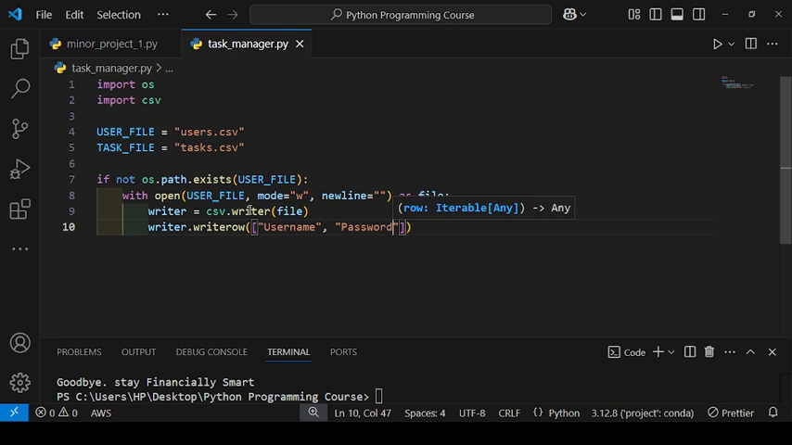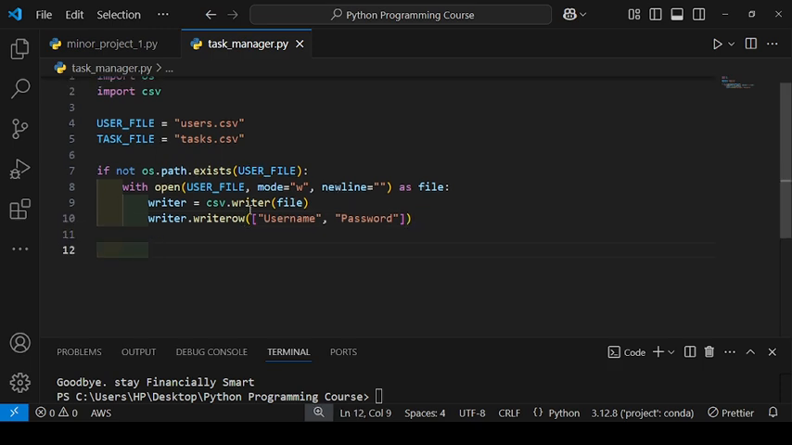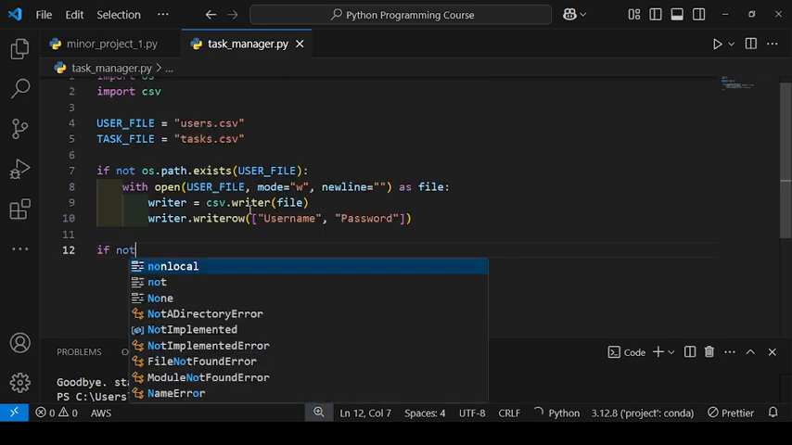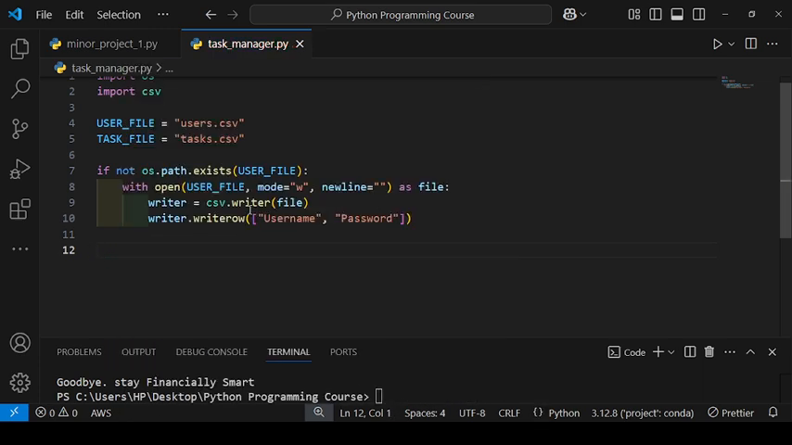So if the file does not exist, it will create a new file with the field names username and password. If the file already exists with those field names, that's okay, we will proceed with that file. Similarly, we will do it for the task file. If not, I will copy it